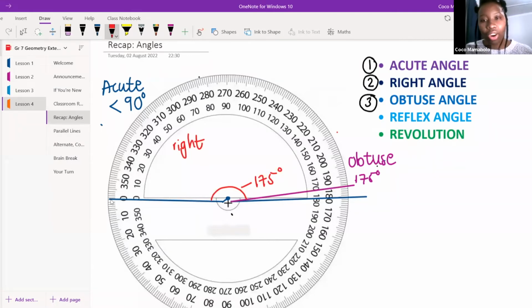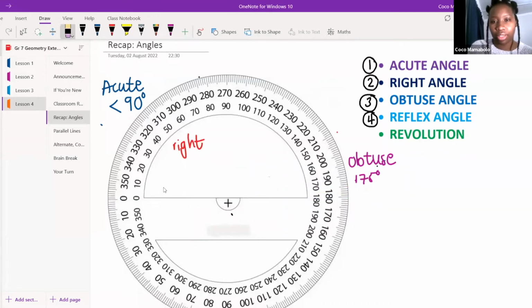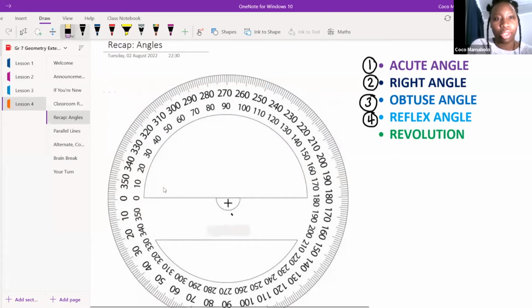Okay, all right. So I need someone to help me with my reflex angle. Masichaba, you are next up in line. Masichaba, can you help us with our reflex angle? And guys, because it's getting a little crowded over here, I'm just going to move. Hi, Masichaba. Hi, ma'am. All right, so if I want to draw,